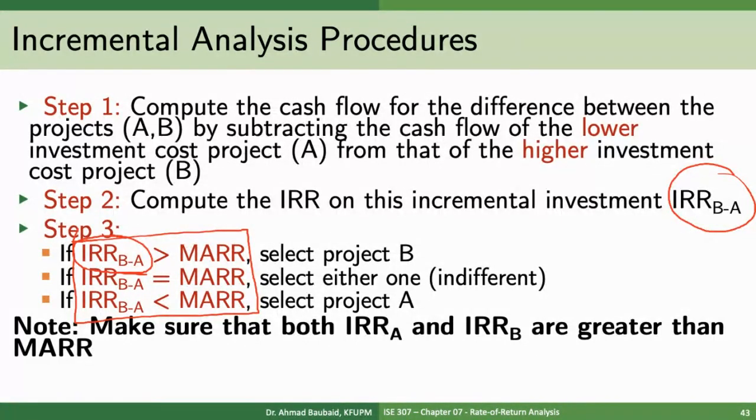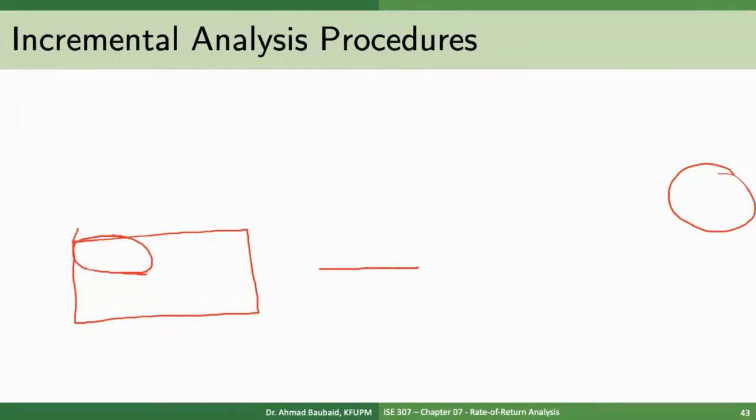So which project should I accept? You accept the costlier one, and that is project B in this case. So always, if you have B minus A, you accept B, you accept the first one, because it's the costlier one. Because I'm accepting B, I need to also make sure